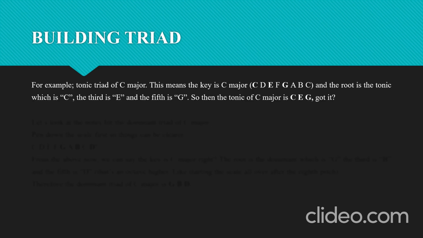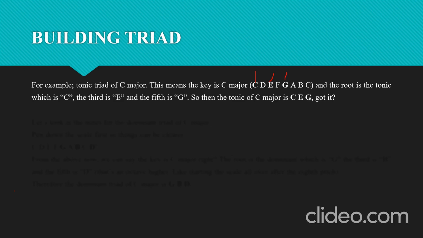Now they said tonic. Please follow me. Tonic triad. That tonic tells you the root. The root should be the tonic note of that scale. What is the tonic note on the scale of C major? Somebody should tell me. The tonic note on the scale of C major is C. So therefore, you pick C. C will now be the root. Then the third from C: the second is D, and the third is E. Then the fourth is F, and then the fifth is G. That is first, third, fifth.